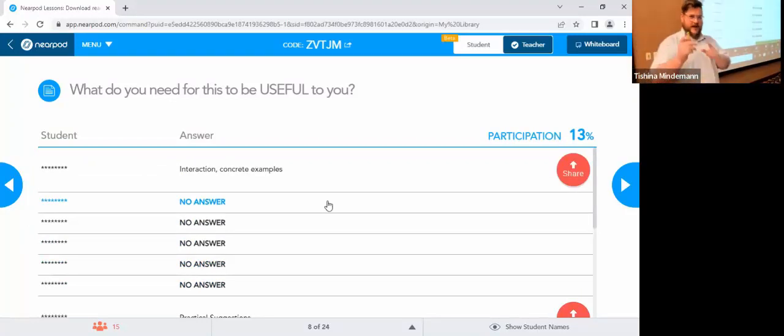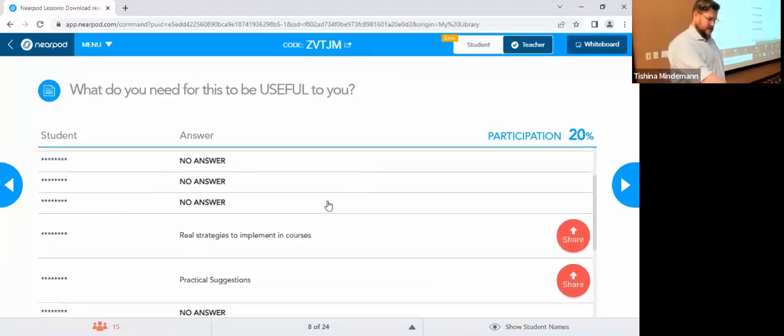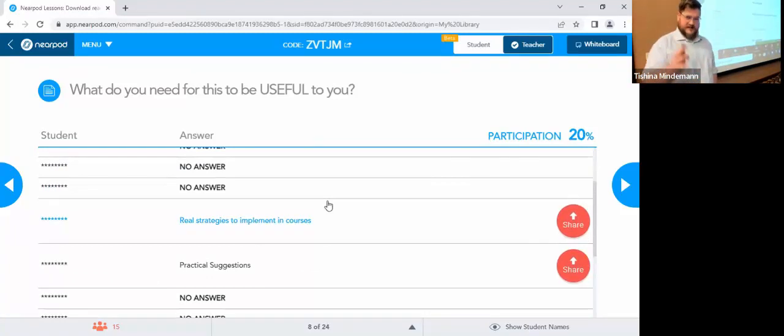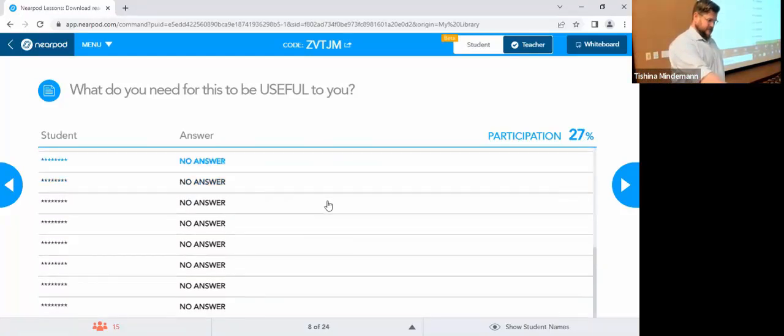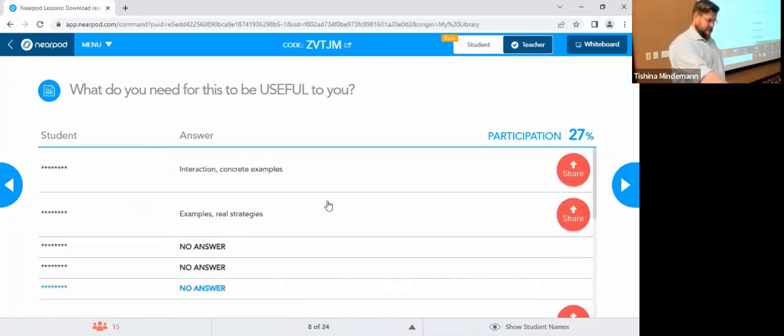Concrete examples, good. We have concrete examples. Real strategies, I think we have that. And we have some interaction, so hopefully it satisfies.